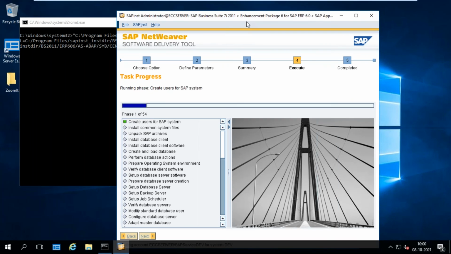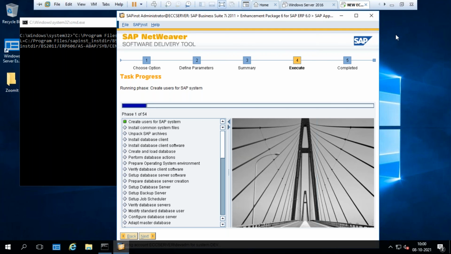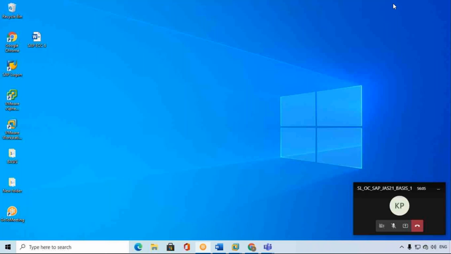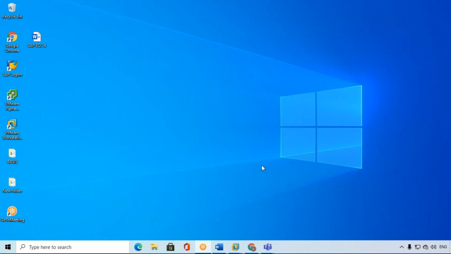Okay, so this is last step, but no need to wait up to 13 hours. After 13 hours, it will install. We'll see tomorrow whether the installation is done or not. Installation is very important. As a basis consultant, we need to install SAP ECC, CRM, SRM, SCM, and HANA Database, Solution Manager, NetWeaver. All those applications we need to install, and products also. So this is SAP ECC installation. It will take minimum 13 to 14 hours. After successful installation, I will show you. Okay, so this is our today's session.